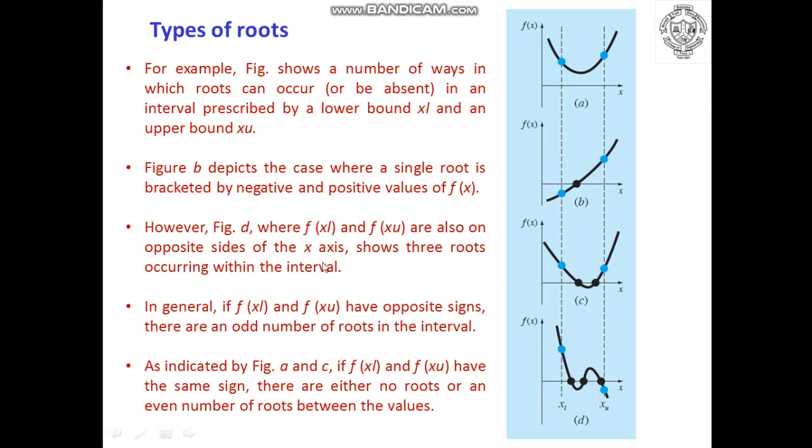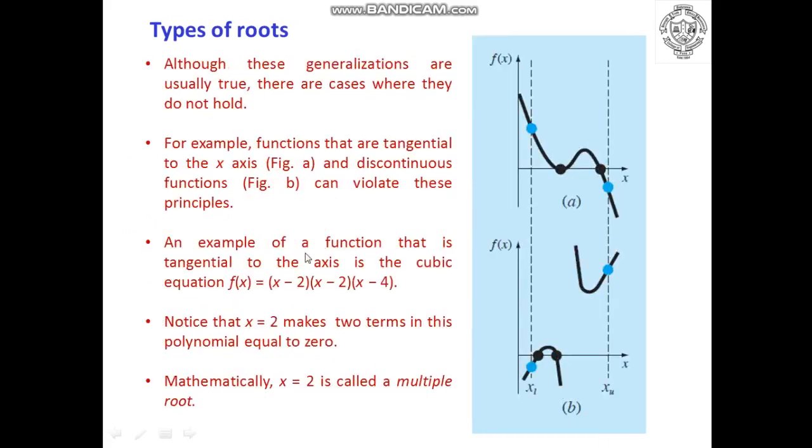So it is written here, you can see it again. In general we can say if the function of xl and the function of xu have opposite signs, there can be a case that an odd number of roots is present in that particular interval. So now if you consider another example